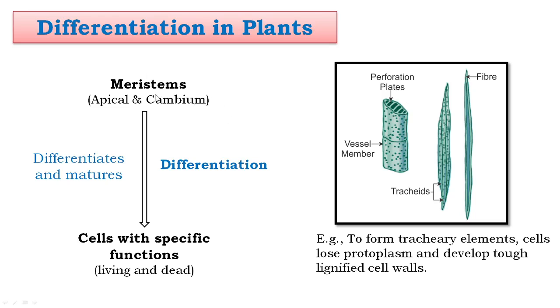An apical meristem, when it divides and gives rise to a tracheary element or tracheids in the xylem,